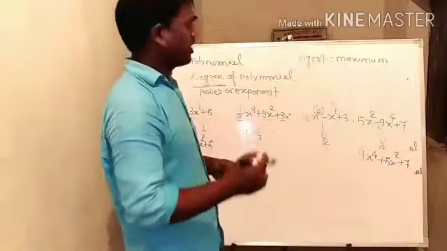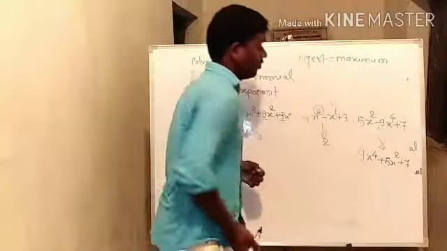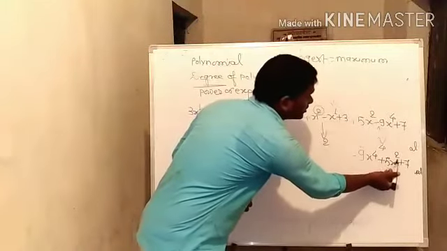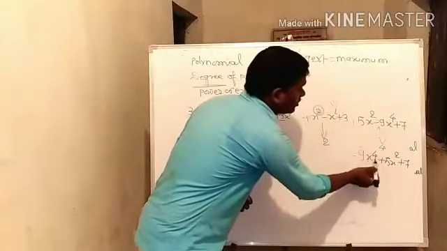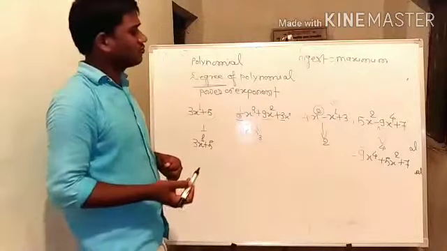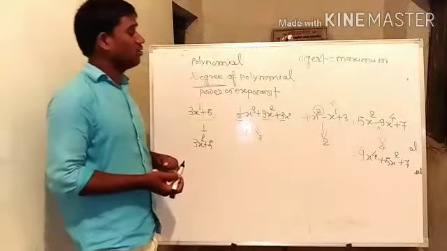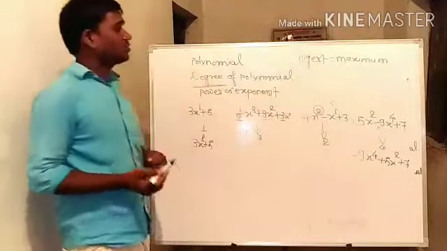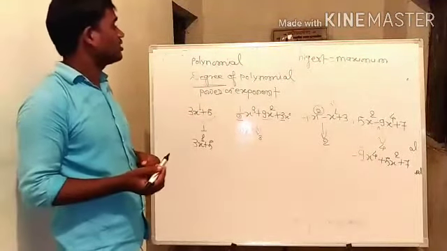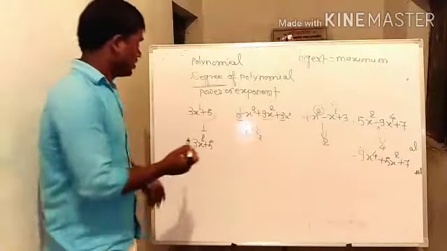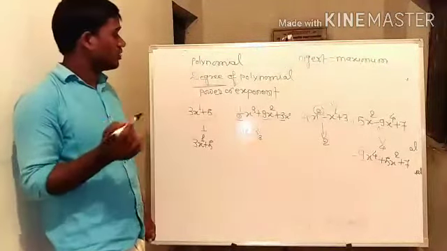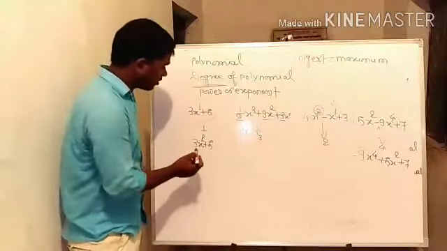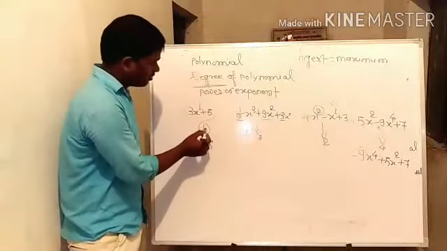Then we easily identify the degree of the polynomial. Here minus 9x power 4 plus 5x square plus 7. Here 4 is the maximum or highest power, so 4 is the degree of the polynomial. According to the degree of the polynomial, we classify the polynomials. When the degree of the polynomial is 1,